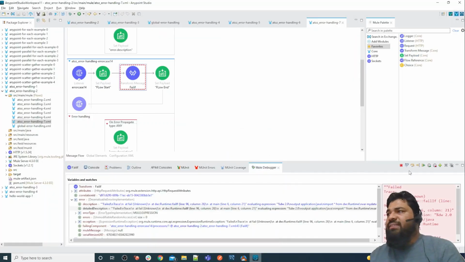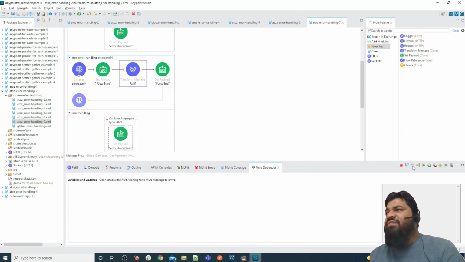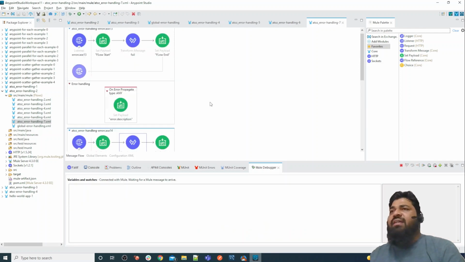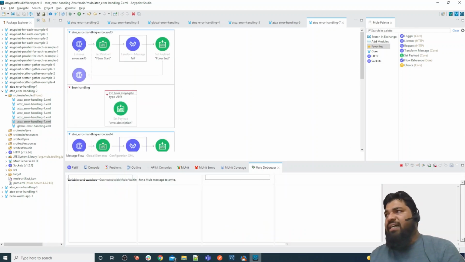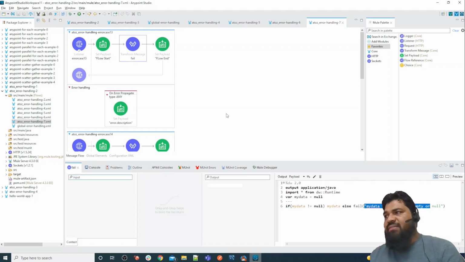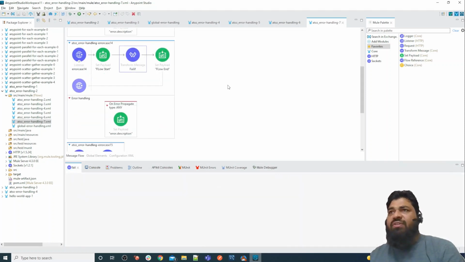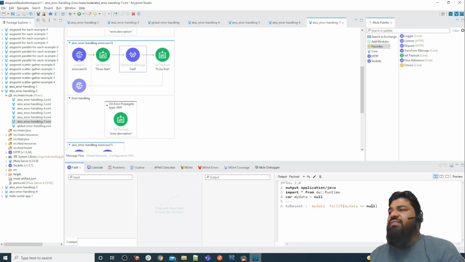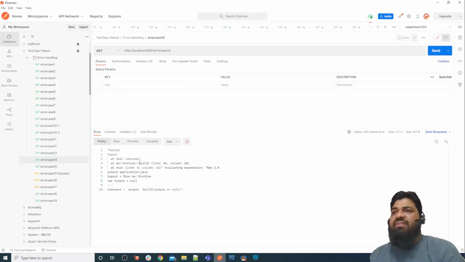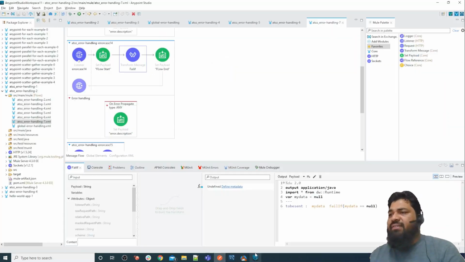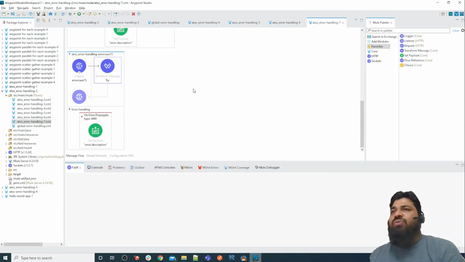It fails. What is the difference between fail and failIf? In fail, we can send our own user-defined message, but in the case of failIf, we are not able to send a user-defined message. So what is the description? It's showing a default message. It basically failed at this point of time. Let me show you try.